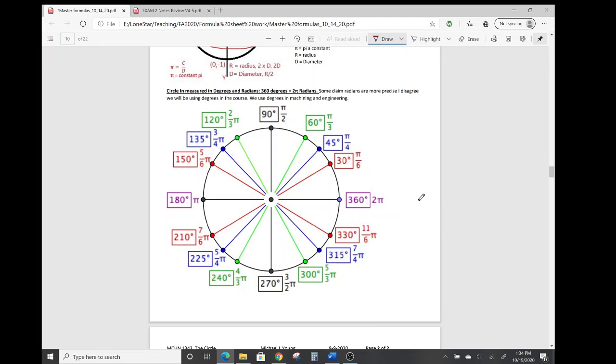But we're talking about the angular value now of this line. We're not talking about the length of the line. We're talking about this angular value. So what's the angular value? Well, this particular point happens to be 30 degrees. The angular value for that one is 45